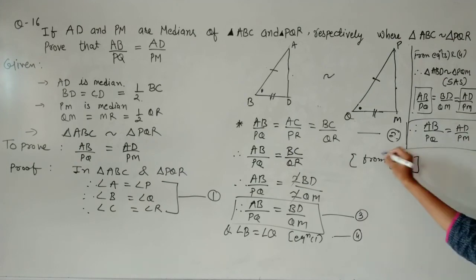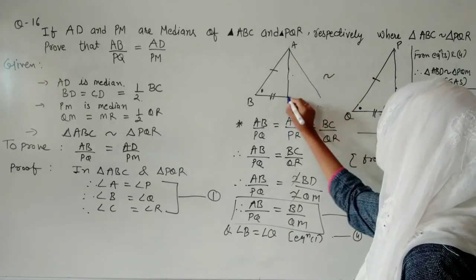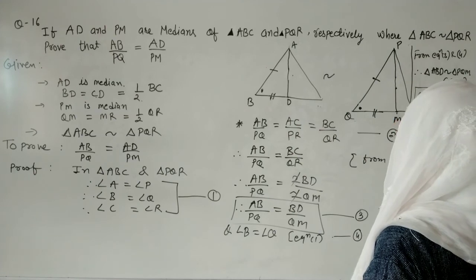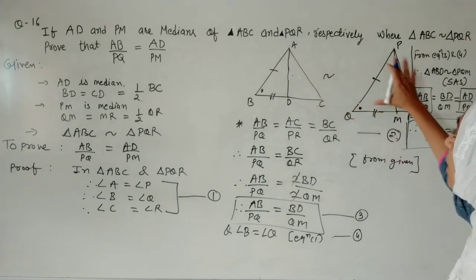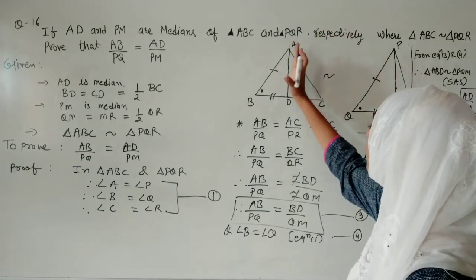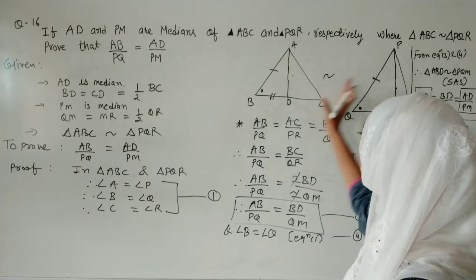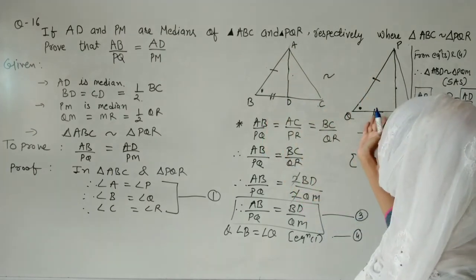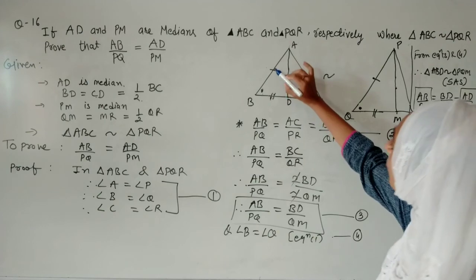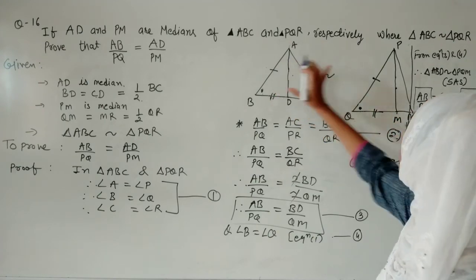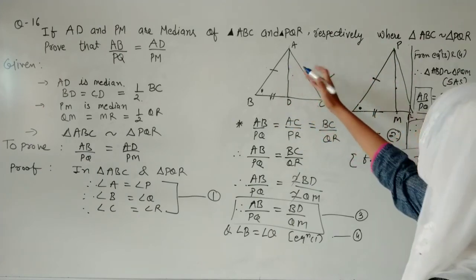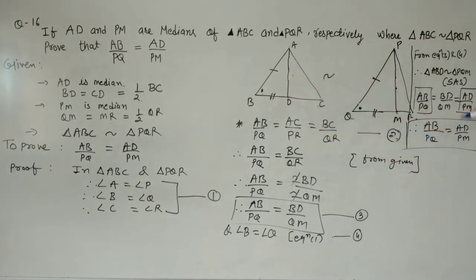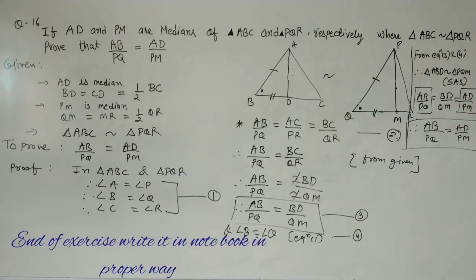So the concept of this question was that we have to take one large triangle and another large triangle. It is given to us that these whole large triangles are similar, but we have to divide each into two parts. Then we will take a ratio, then we will show angles, and then we will show side-angle-side, and show these two triangles similar. And after proving these two triangles similar, we will write one ratio, and in that, whatever we want we will keep, else we will not write. This is the end of the question as well as the end of the exercise.